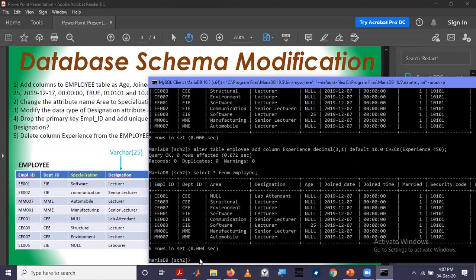So how we are going to do that is: alter table employee, that is same as before. We are going to make a change to a table known as employee in this schema. What we are going to do now is not alter column, but change column. The column we are changing is this column, area.